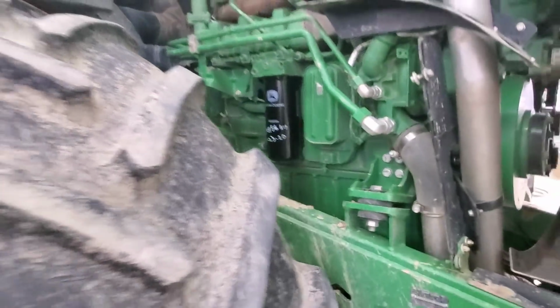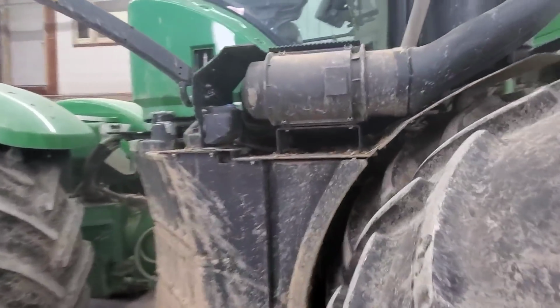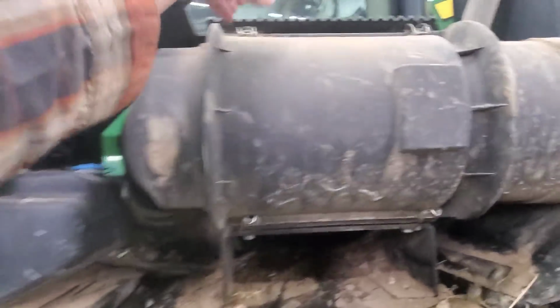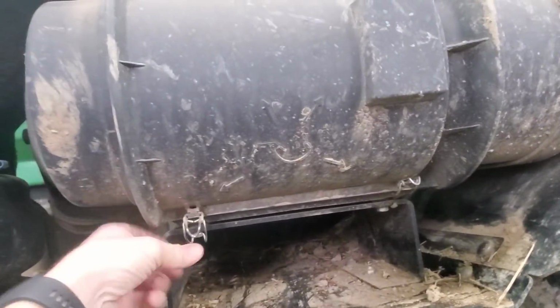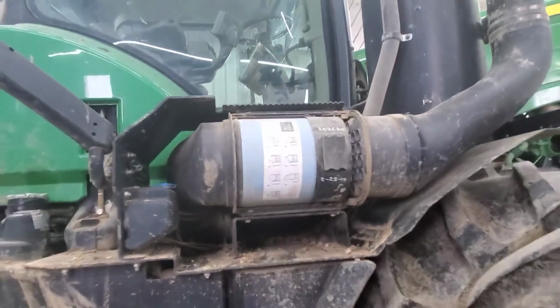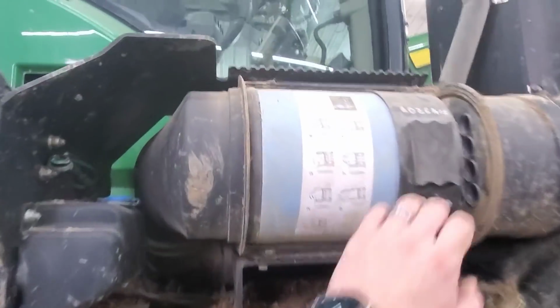Okay, I got the date and hours written on there. Next, we will change the engine air filters. This one has a lot different style than any other tractor or really any other piece of equipment that we have. It is not the round style filter. It's this, I don't even know what you call it,